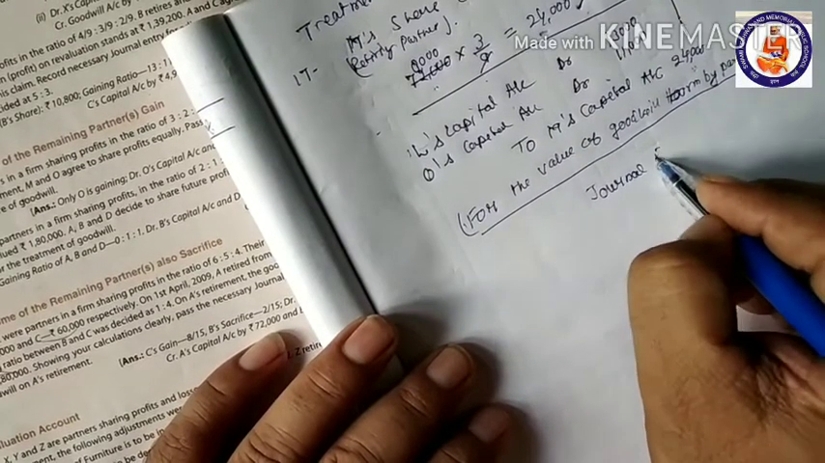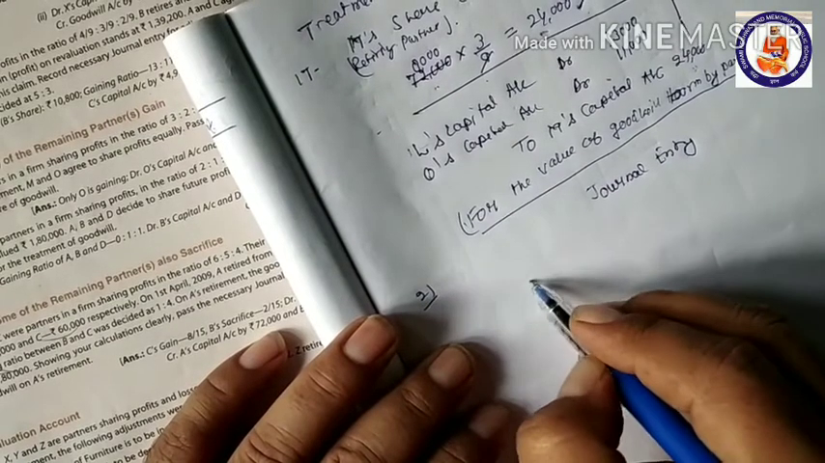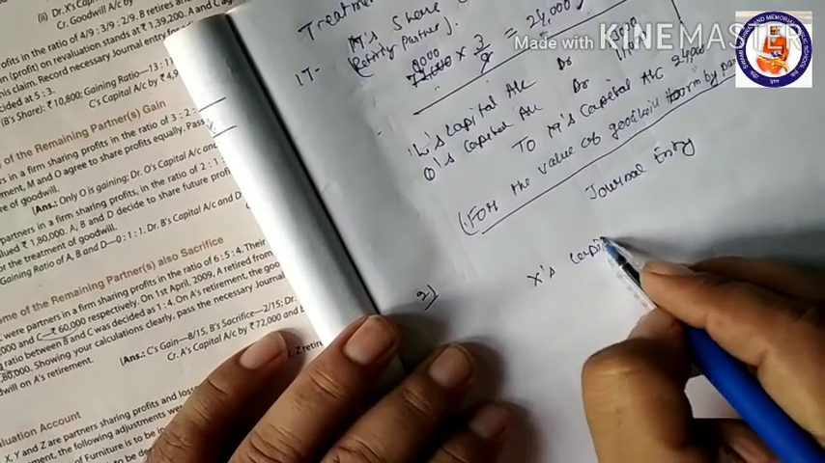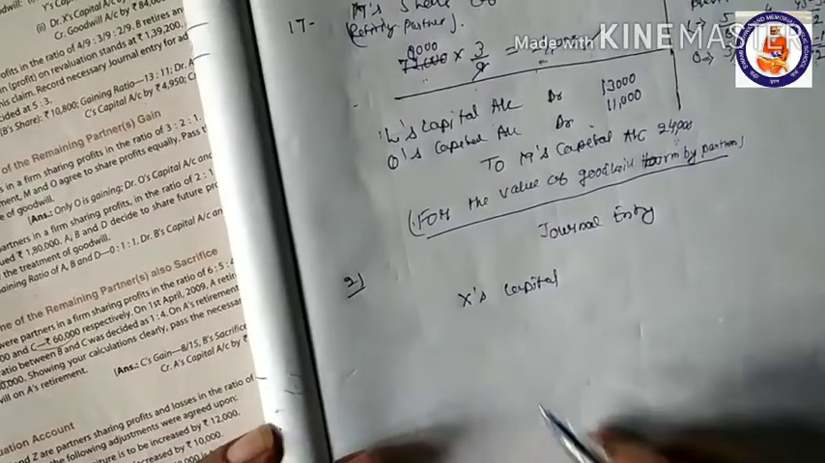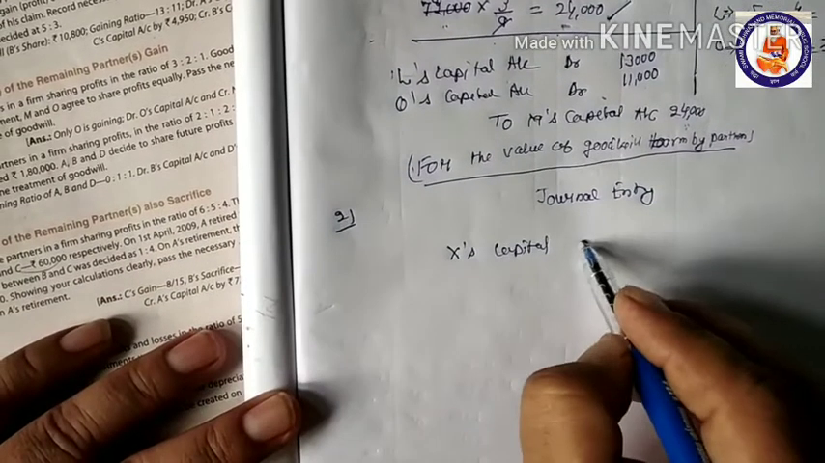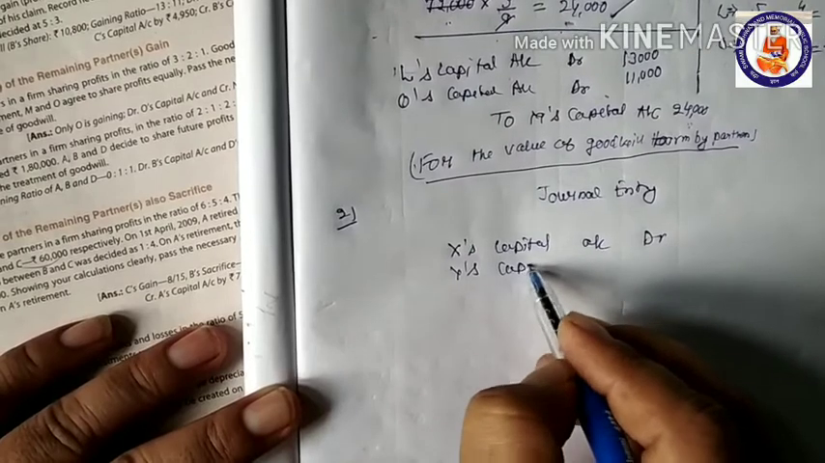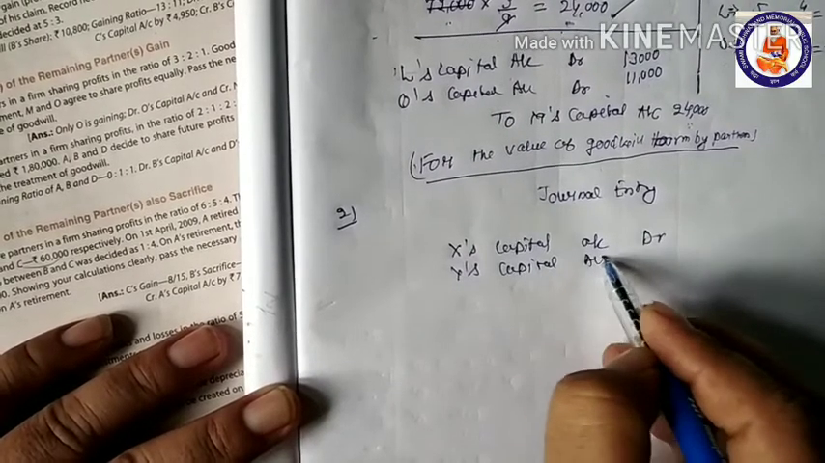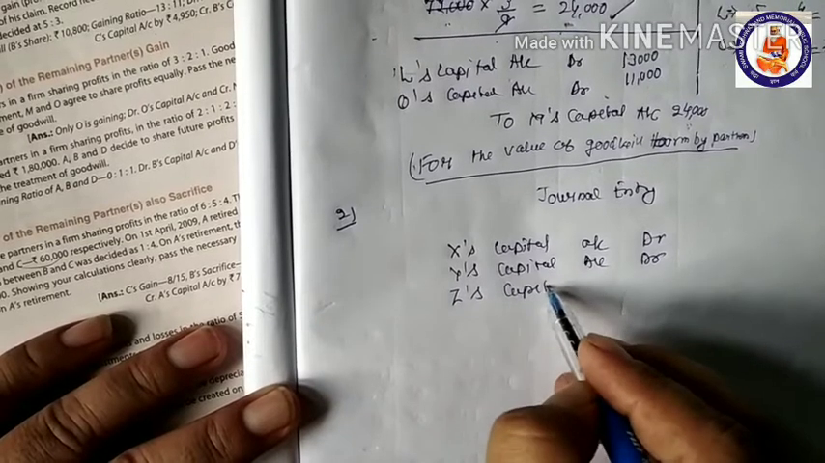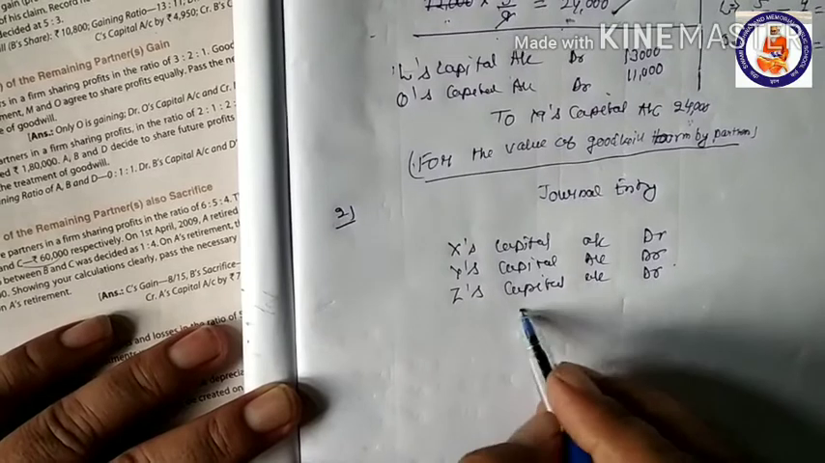Journal entry, question number 21. It is X's capital account debit, Y's capital account debit, Z's capital account debit